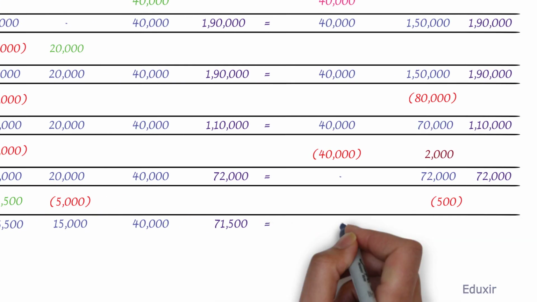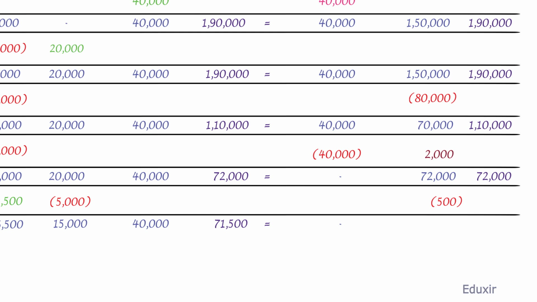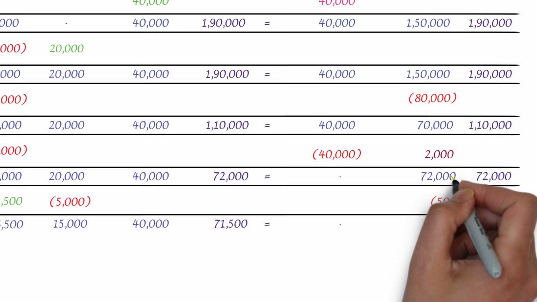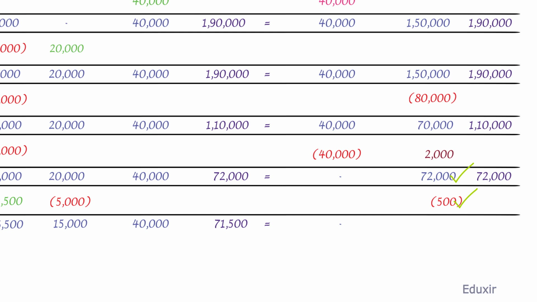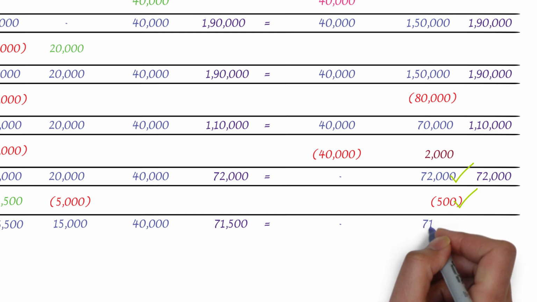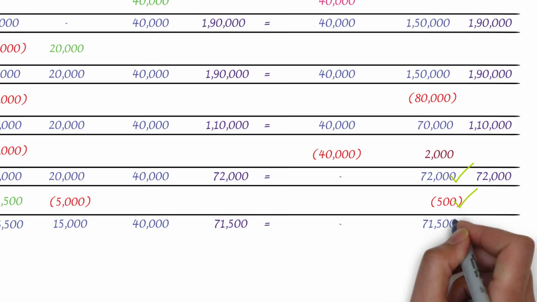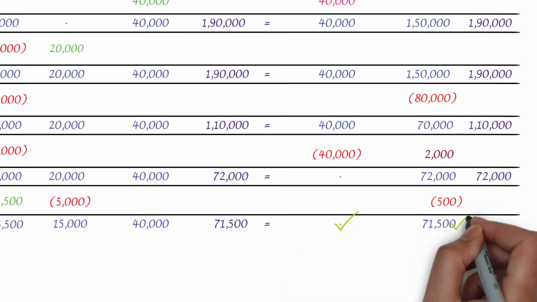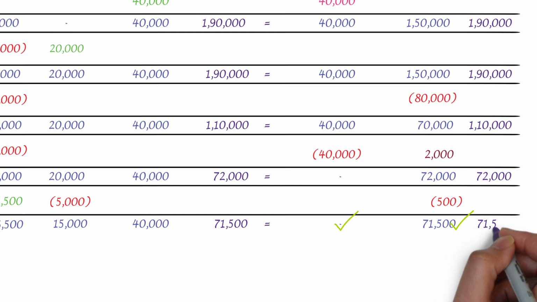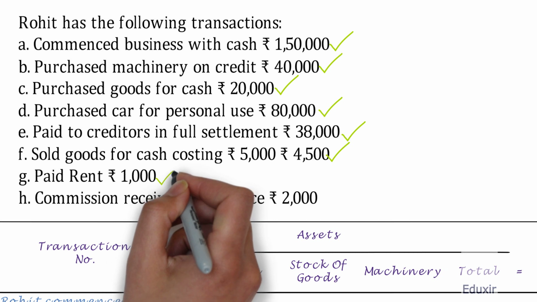On the other side, there is no liability in the business. Subtracting 500 from the existing capital of 72,000 rupees, the business now has a capital of 71,500 only. The total of the liabilities and the capital would be 71,500. That covers the 6th transaction. The 7th transaction is